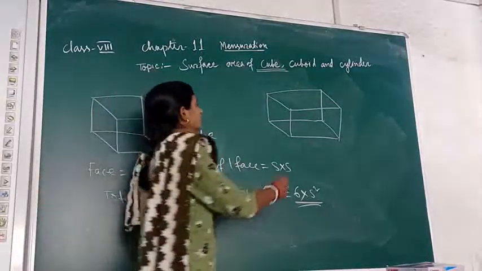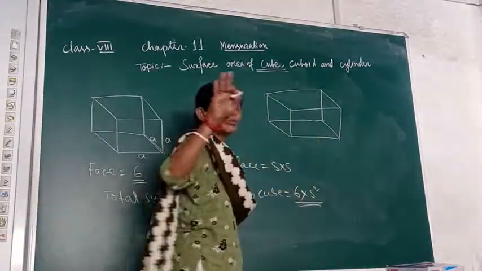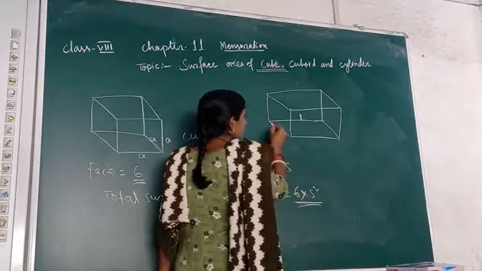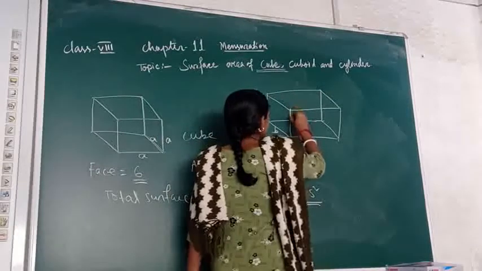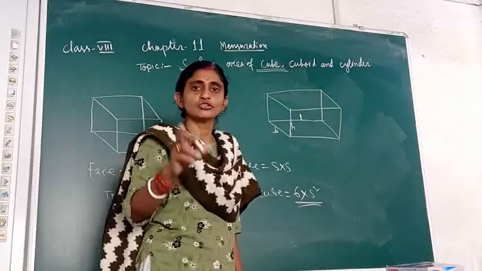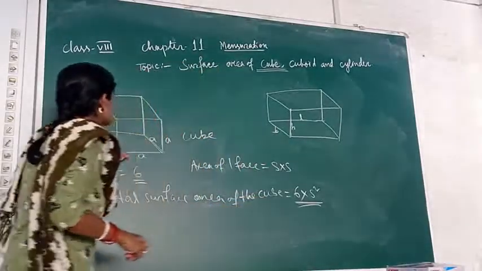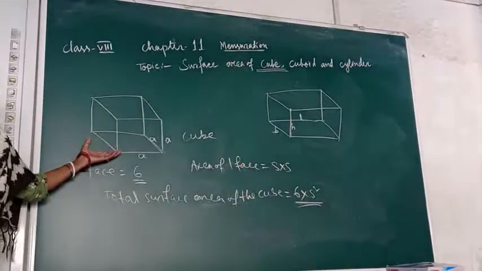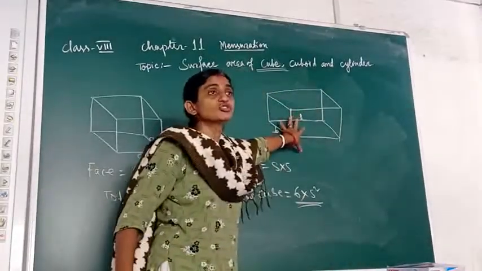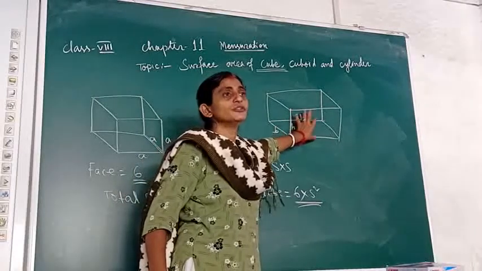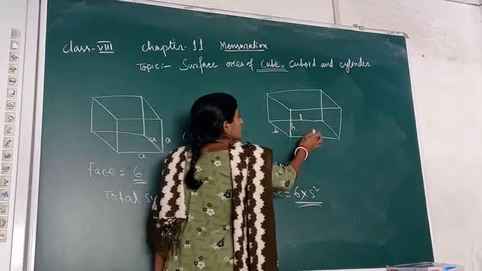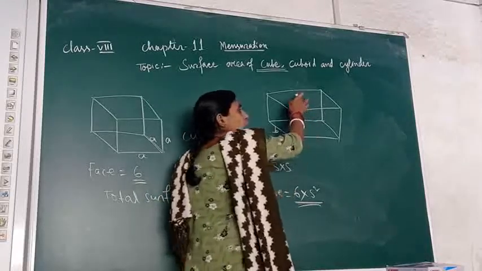If I am talking about the base at the bottom, let the length of this base be L, the breadth let it be B, and the height let it be H. Here all these 3 can vary. They are not at all equal, whereas in the case of a cube all these 3 were equal. Now how can I get the surface area of this one? In this case, first, if I am talking about the base, the identical top I will also get.